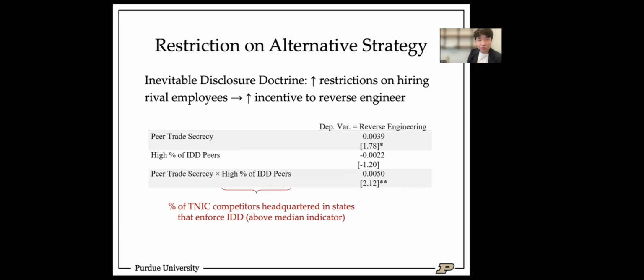The second cross-sectional variation that we want to emphasize is this labor market aspect, specifically whether companies can hire away their competitors' employees in order to do this type of behavior. We're going to be exploiting another institutional-level cross-sectional variation here using the inevitable disclosure doctrine. This basically increases restrictions on hiring rival employees, suggesting that companies headquartered in these states are going to have a larger incentive to reverse engineer using product market strategies such as the one that we're documenting in our